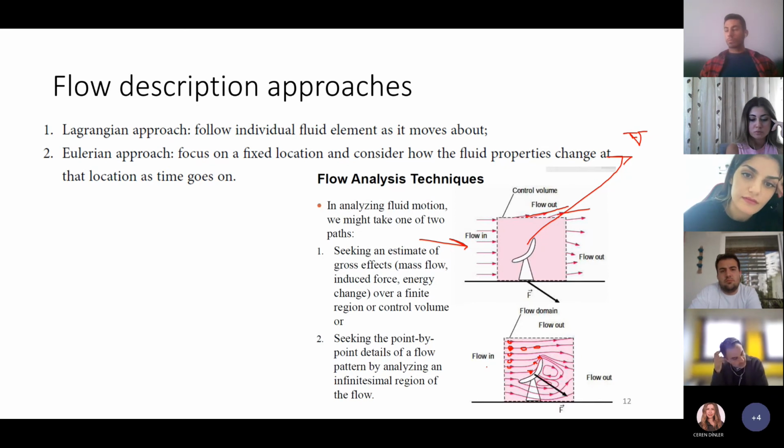I'll give you a more sensible example. Assume that you are watching a football match. Actually, you only watch a TV, okay? This is your TV, and there are 24 players, each of them located at a different part of the field, the stadium. But you only look at your TV, which shows just one perspective of one camera, yeah? And in that TV, maybe one player comes with the ball, then it moves,